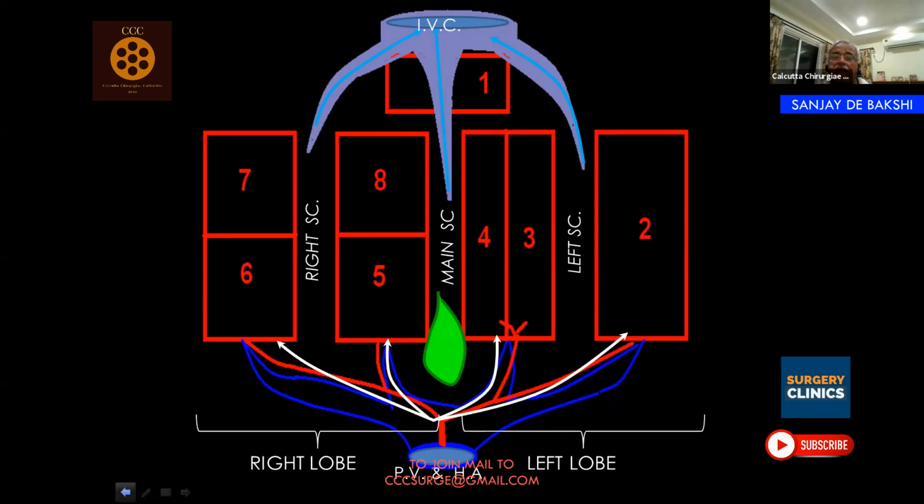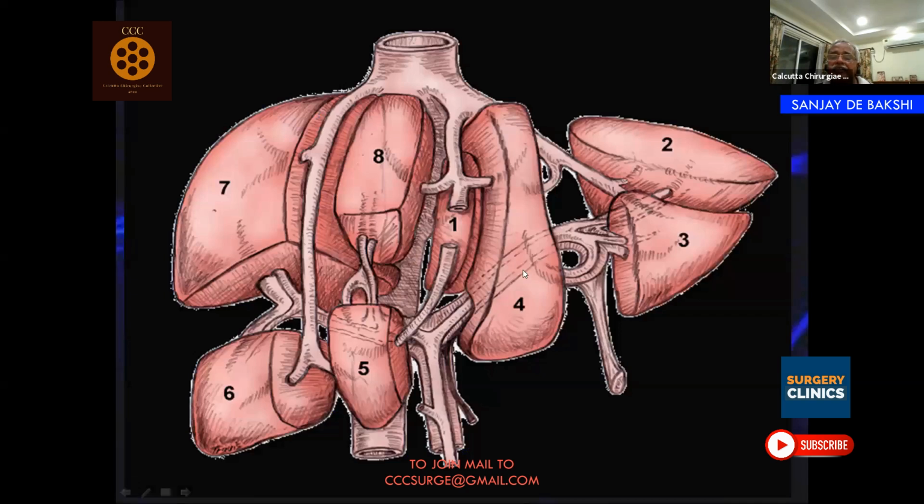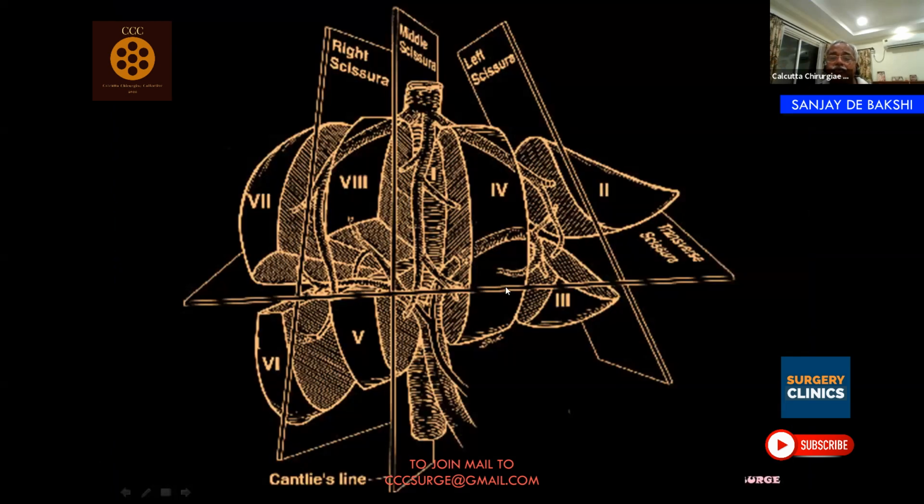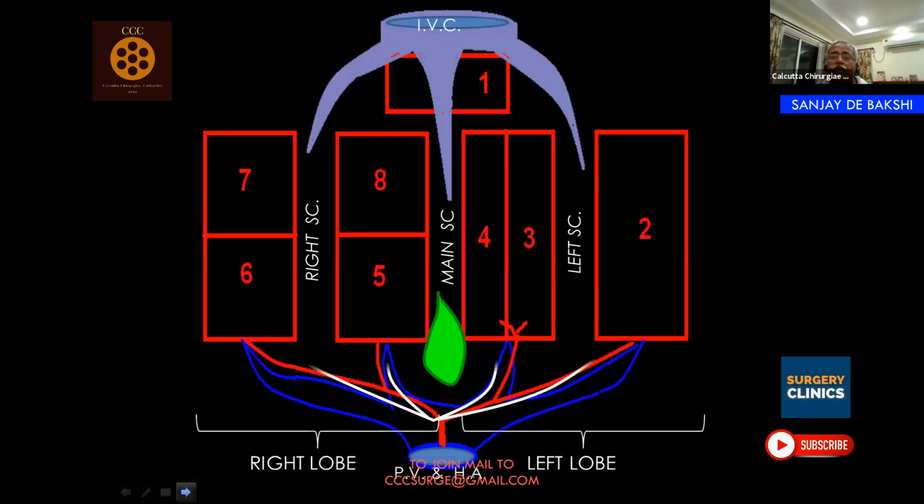So if we go back there, you see that segment 4B shares a common blood supply with segment 3. Segment 4A shares a common blood supply with segment 2. The reason is 3 actually lies below the transverse scissura. So just recognize that entity. So there we are. If we now draw it once again, okay, that's the transverse scissura. You need to understand this, and we'll go through it once again when we are doing